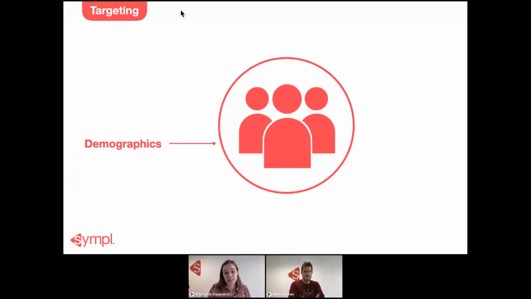We're based in Belgium, so we have to target the whole country of Belgium when we set up an advertisement. You can select age ranges, and you can select genders as well, which we don't really recommend because we're in recruiting, of course. Then you can also select languages.